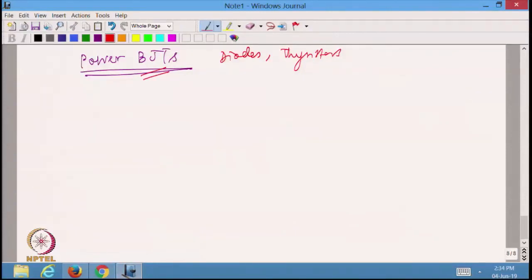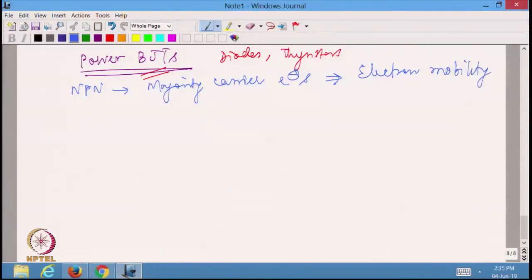This is exactly similar to the electronic transistor, but the only thing is that most of the time we use only NPN, not PNP, because in this case the majority carriers are going to be electrons, and electron mobility is generally better than hole mobility, and we are looking at very large current. That is the reason why generally we go for NPN and not for PNP. And normally we look at this in common emitter configuration,